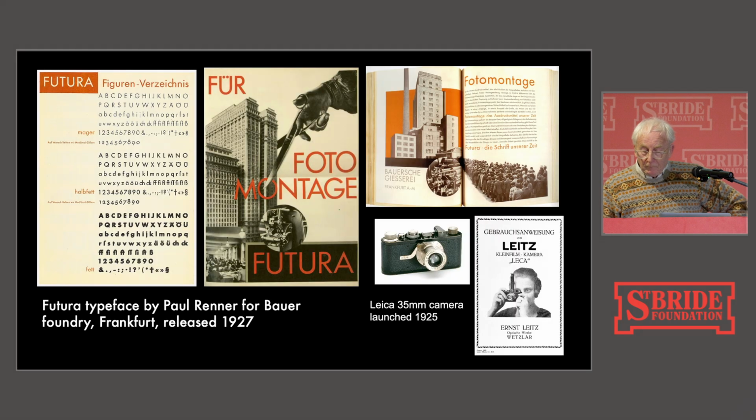Now, it should be remembered that radical as these ideas were, they were being circulated to a vast specialised readership. In 1927, there were over 80,000 members of the Book Printers Union in Germany. I haven't been able to ascertain whether all members received copies of the journal, but there can be no doubt that the new ideas were reaching into every print workshop, type foundry, and publisher in the land.